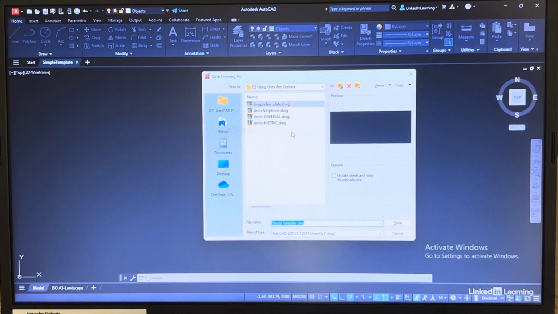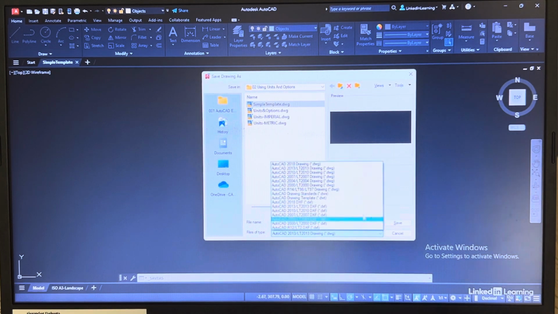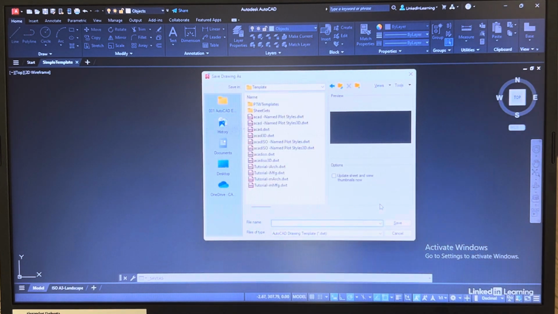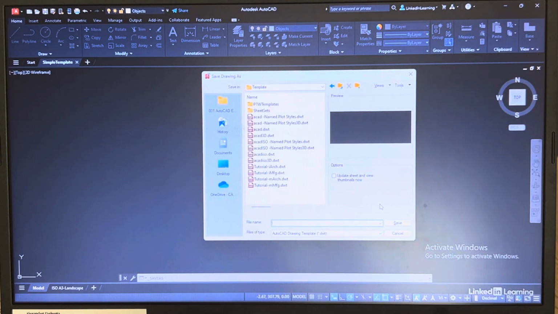Now if I want to do a Save As, it gives me the file name of the existing file and the file type. At the moment it's set to DWG. If I click on the flyout there, halfway down, AutoCAD drawing template, DWT. You'll also notice there's lots of different DWGs and DXFs. We need the DWT. Click on that, and surprise, surprise, it defaults to the template folder, which is where we